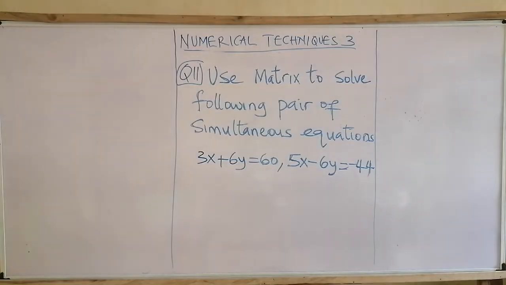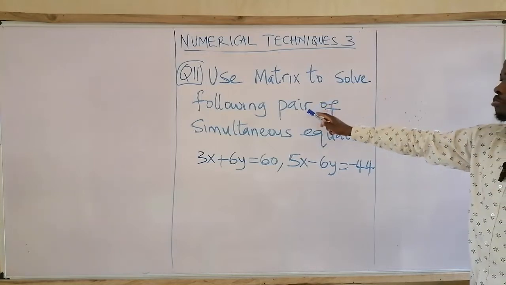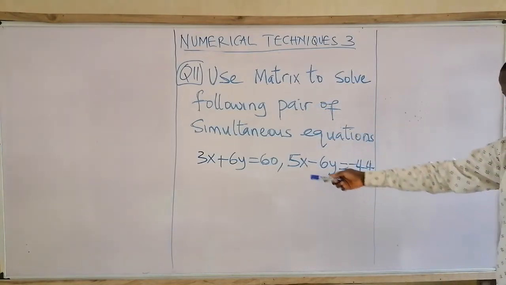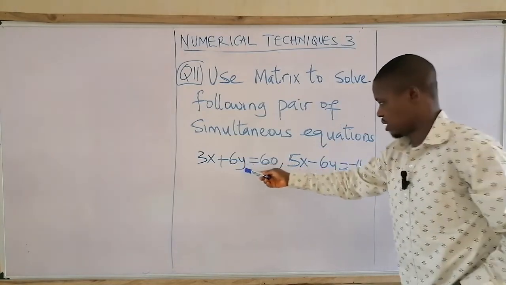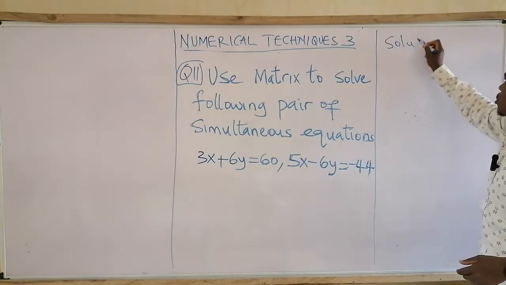Yeah, question 11. Use matrix to solve the pair of simultaneous equations. We have the equations as follows: 3x plus 6y equals 60, 5x minus 6y equals minus 44. So let's see what we do. Step 1 to this question's solution